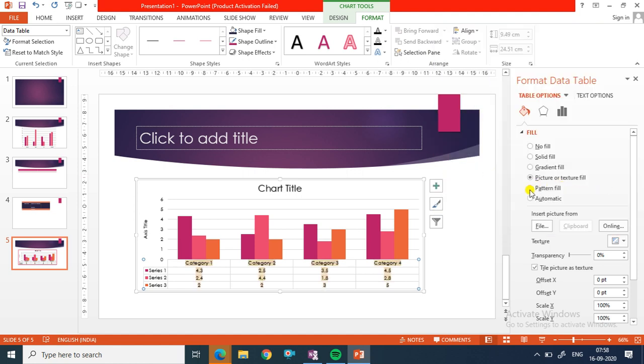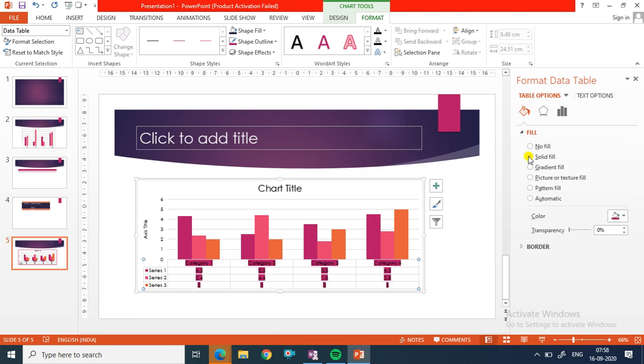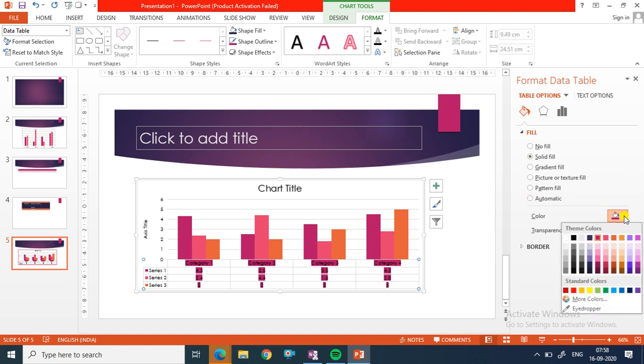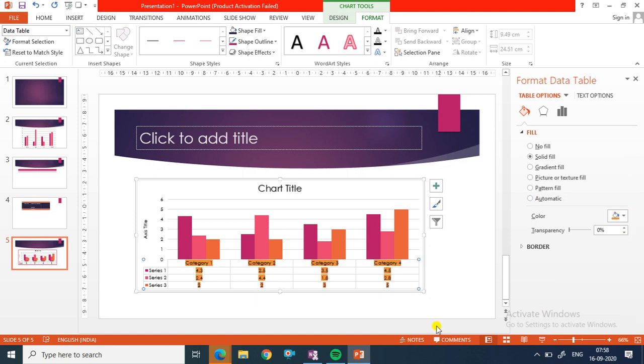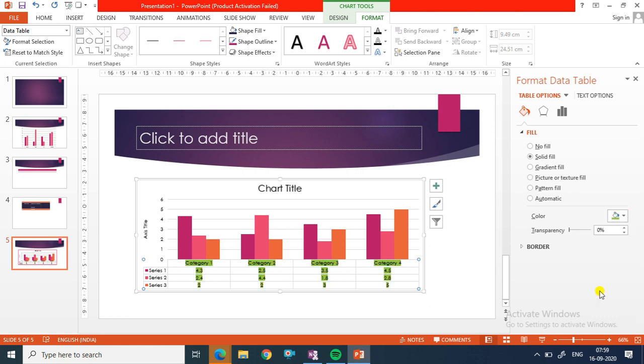Again for pattern also, whatever pattern you want, just select it. Solid fill if you want any solid color. So in this way you can change the solid color. This is about the plot area, to modify the plot area.